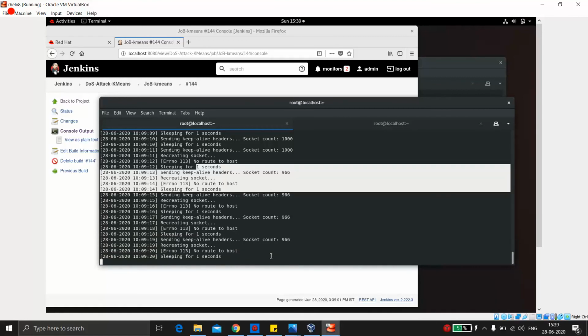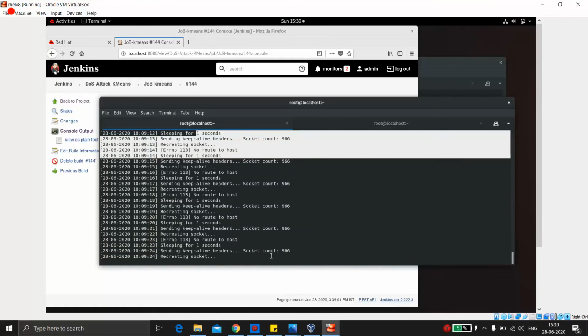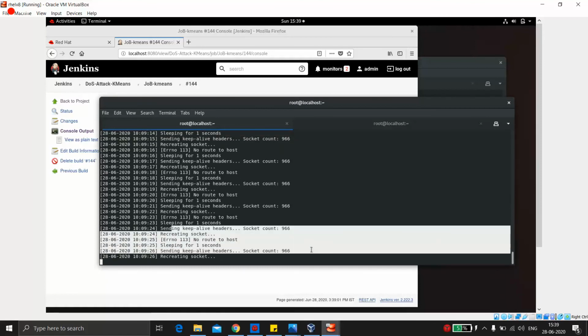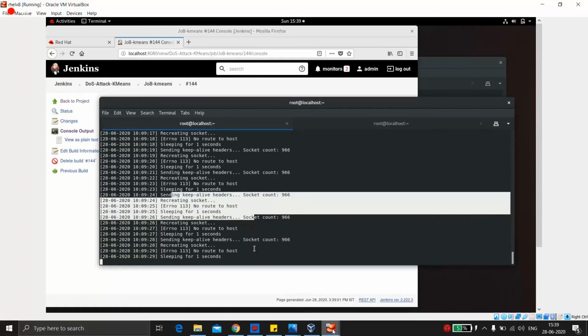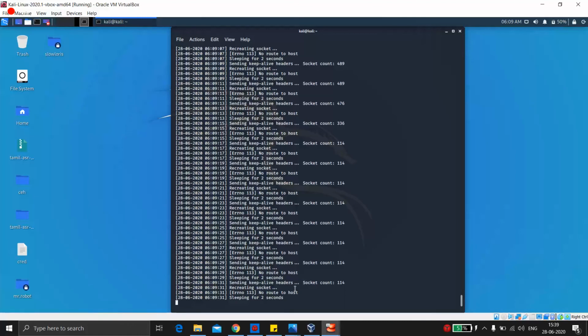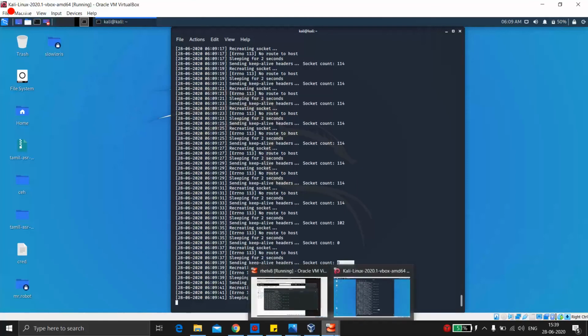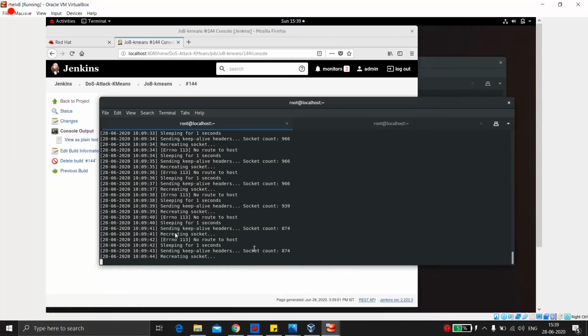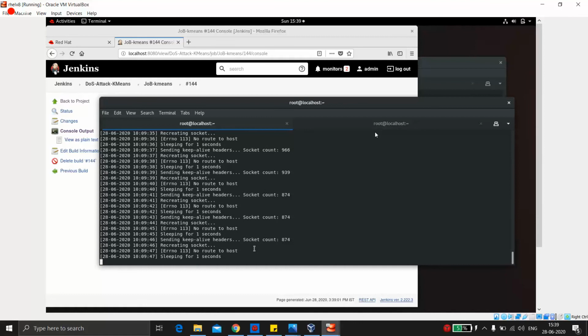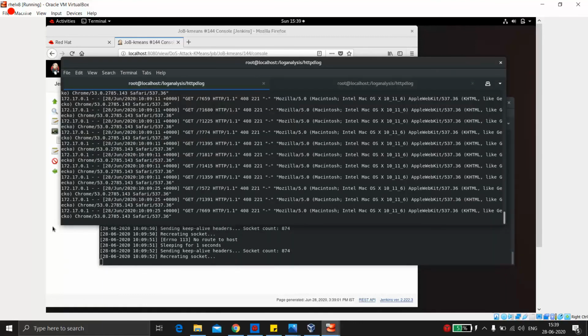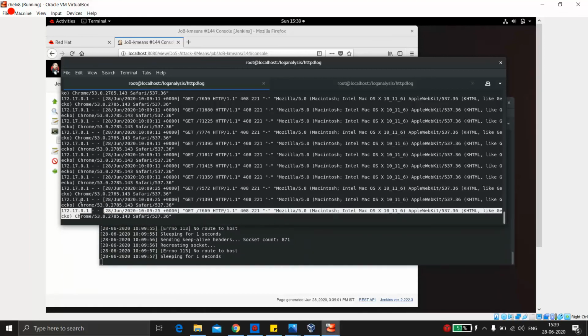They are not finding any host. Whether the socket is up or not, they are not able to connect to the host, like on our web server. And even if you go to this Kali Linux, you can see the same, no route to host. Even after some time, this count would go to 0. You see, the count is 0 right now. So what this system did is it blocked the IPs, and our legit customers are safe. You can even see the log file is not flooding now. It has stopped flooding because the attack is stopped by our system.